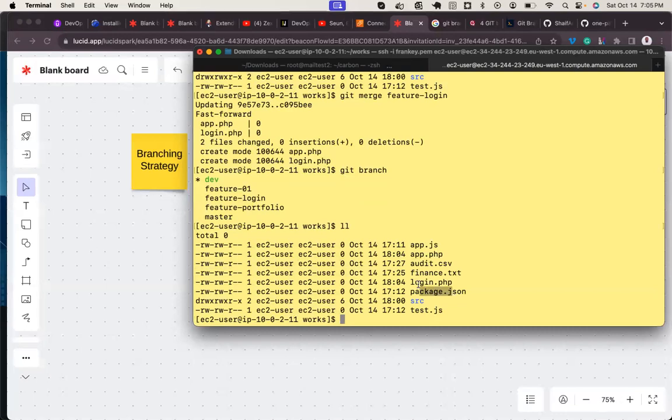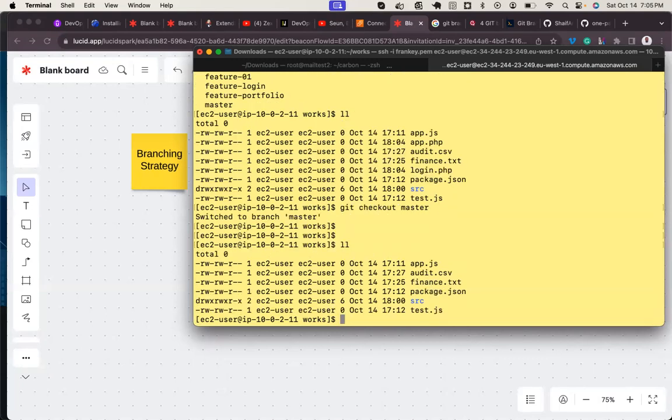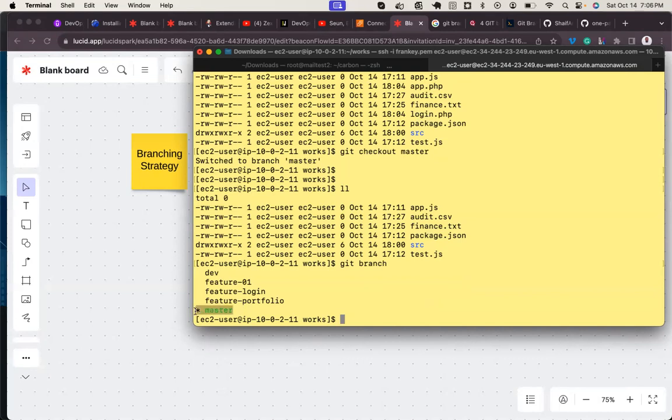Since I needed to merge a feature branch to the dev branch, I have to be on the dev branch. So if I need to merge the dev branch to the master branch, I'll have to be on the master branch. Now let's change branch. Git checkout master. Now if I do ll, you see that those files are not here. These files, app.php, login.php. Git branch. I'm on what? Master.